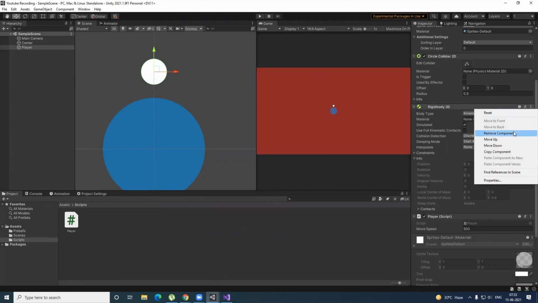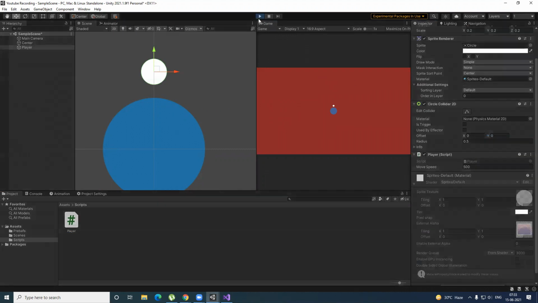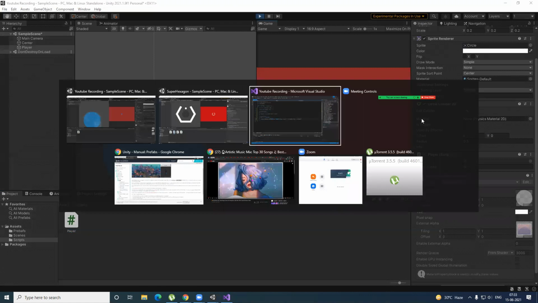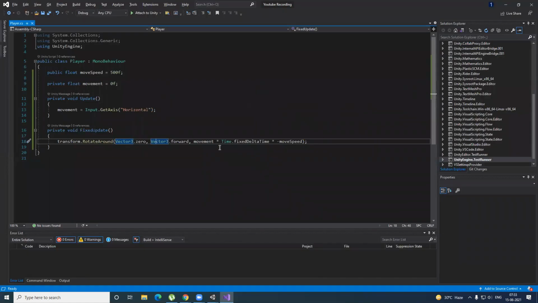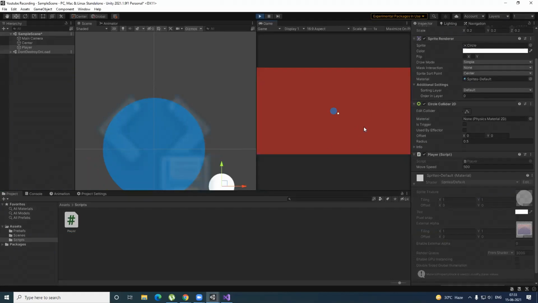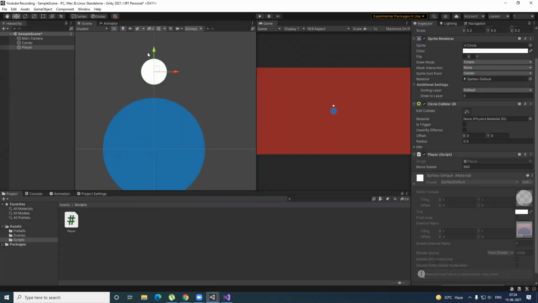Wait a second. If I remove this component and then hit play, is it working fine? Yeah, it's totally working fine. It looks like the Rigidbody is not needed because we're not doing any physics simulation. We're not changing the velocity; it's moving with a constant speed. Once the speed is applied, there's no velocity being added, no deceleration, no acceleration, no gravity. So no physics simulation is being done, so we don't need a Rigidbody for this. Okay, so this was for the player.